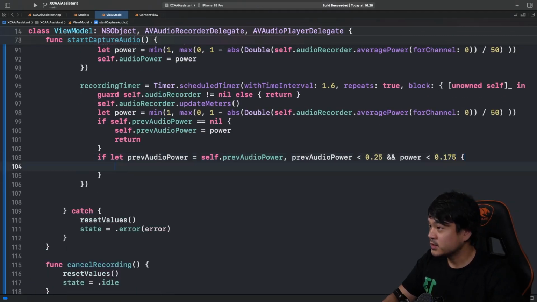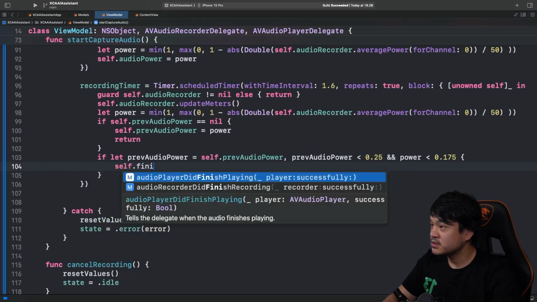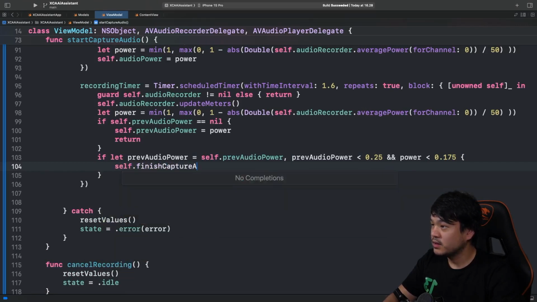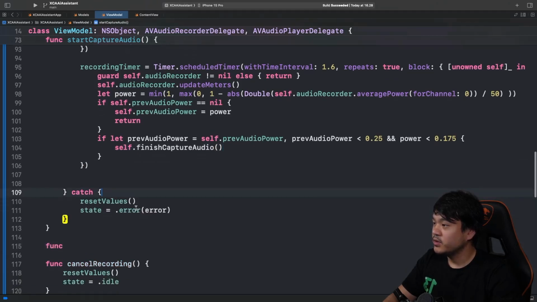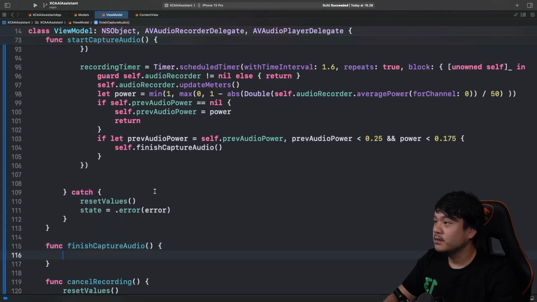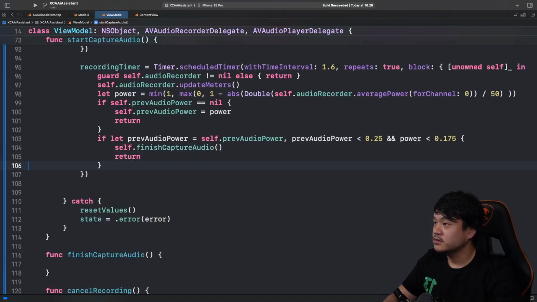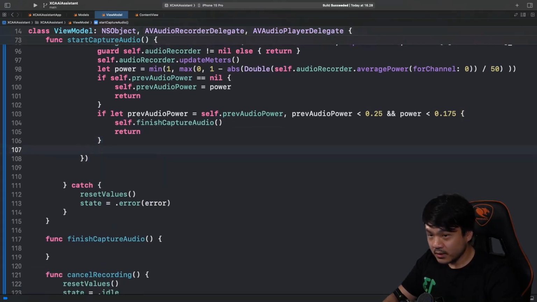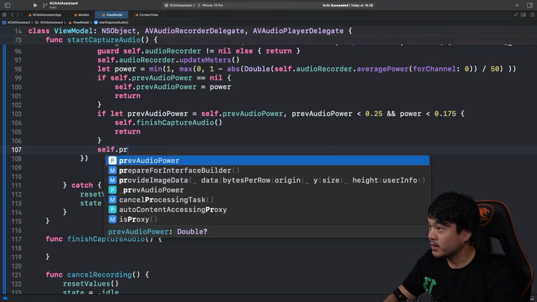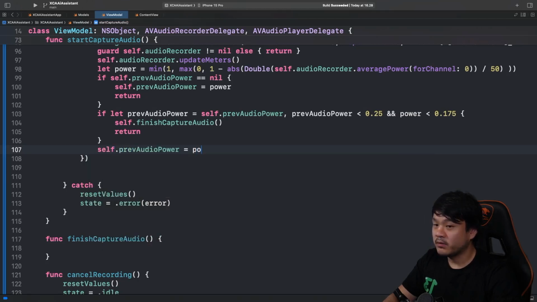So only in this situation, I'm going to invoke this method, finish capture audio. Let me declare this, finish capture audio. And then return. So this will process the audio. If not, I'm going to update the prev audio power again with this power value.